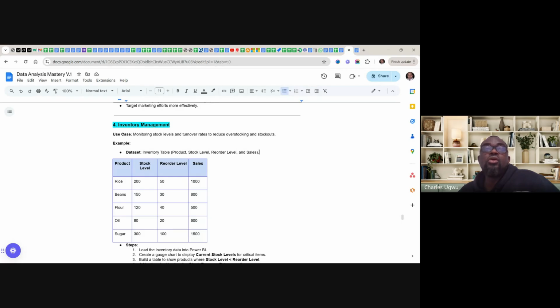If you gauge a product, in most of the e-commerce platforms I've managed, they give you the opportunity to set the amount of product before it starts indicating that you are running out of stock. So you have a gauge. With Power BI, you should be able to monitor all this.